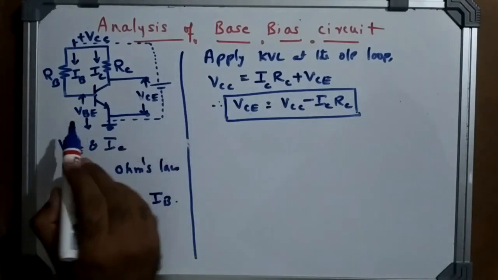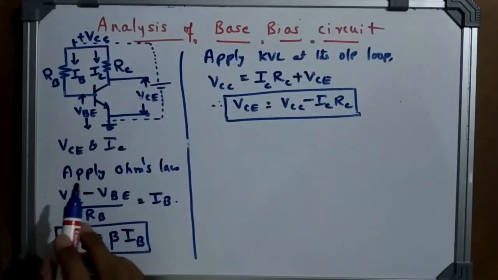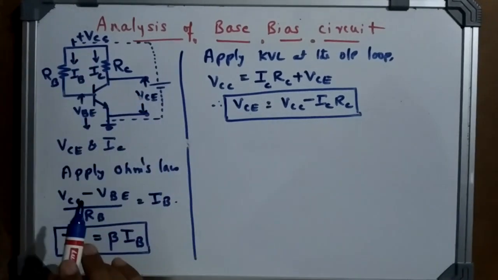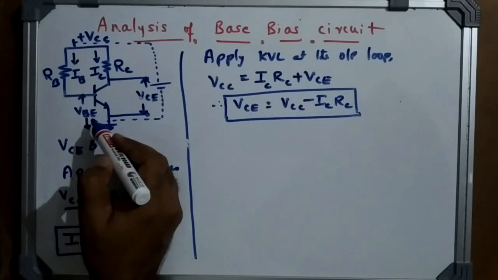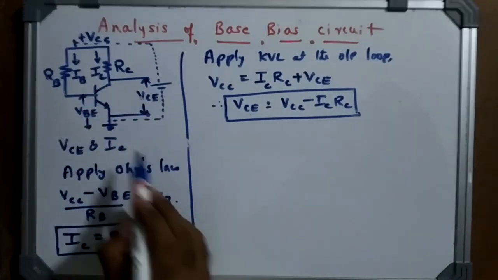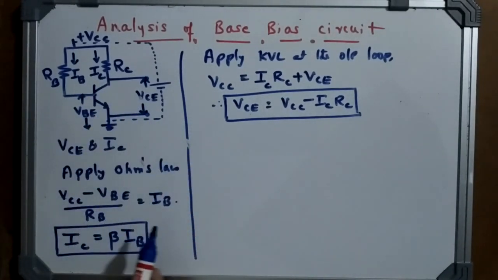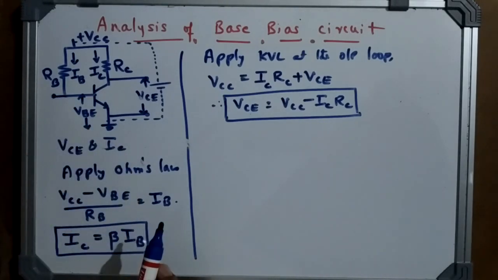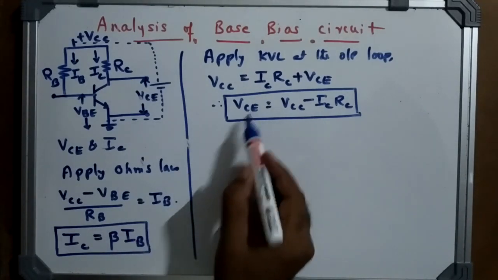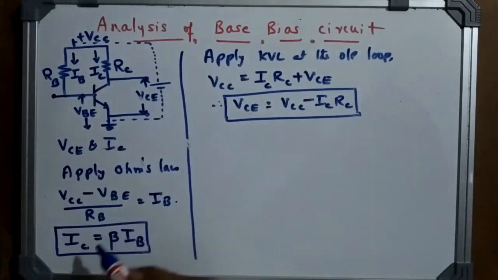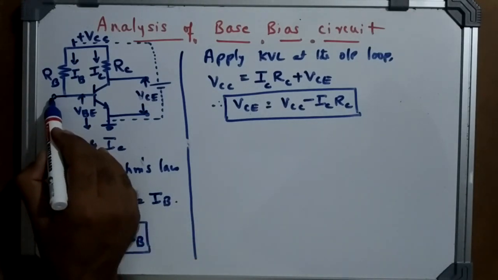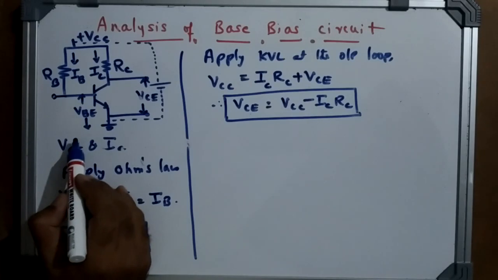Now, this is not the input voltage. This is the biasing voltage to make the emitter base junction forward biased and the collector base junction reverse biased, so that you can use this in amplifiers. Now, you apply a separate input voltage here. Then there will be variation of VCE and IC. Why? Because when you apply the voltage here, IB will vary.